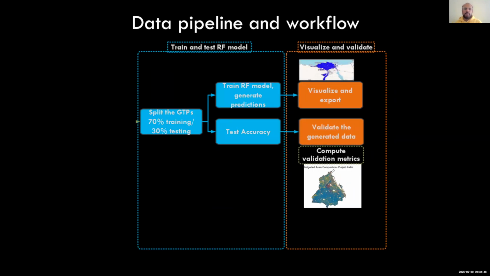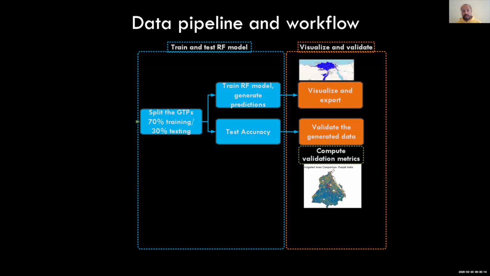Then it's just employing a random forest model. Random forest is one of the machine learning models. It is a simple learning algorithm used to predict whether each pixel is irrigated or not, based on several decision trees. To train and test the random forest model, we have to split the ground truth